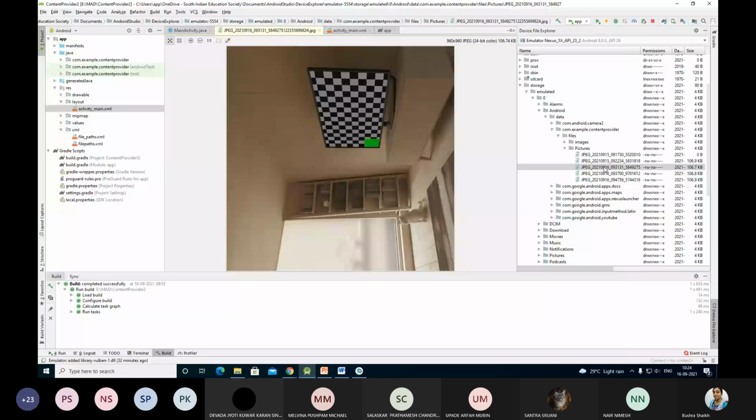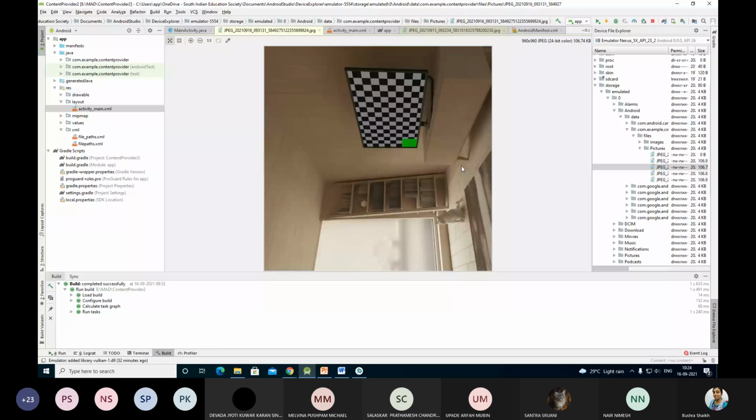Of course the image would be stored inside the storage, but whether it is accessible in the gallery app or not is another matter. That is the reason I had shared that APK with you, so that you can go through it. If not now, then later when I share the code,